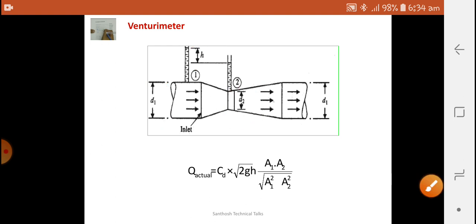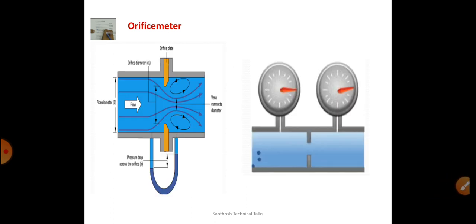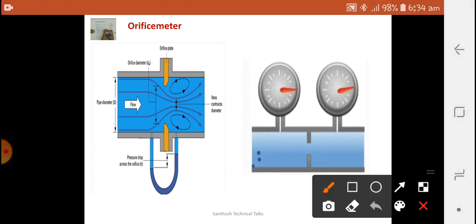Okay, so this is about the venturimeter. And next is an orifice meter. An orifice meter is very simple in construction when compared to the venturimeter, since a single orifice plate is fitted in the flow stream, then the area is being deflected and the pressure difference before entering the orifice and just